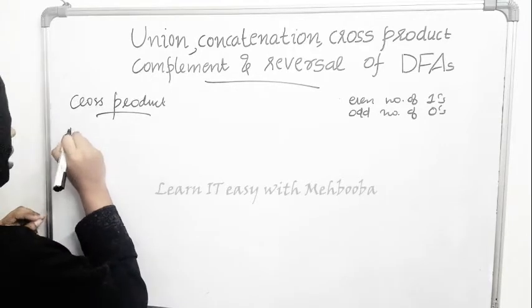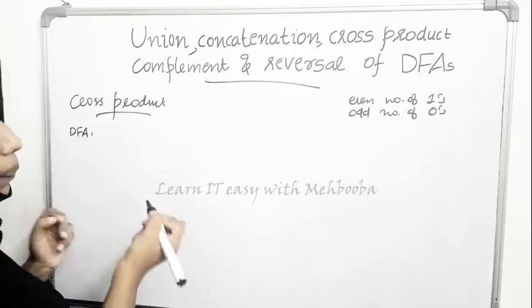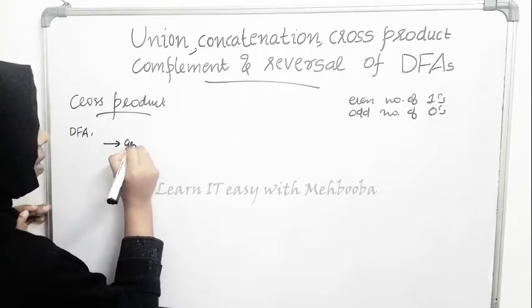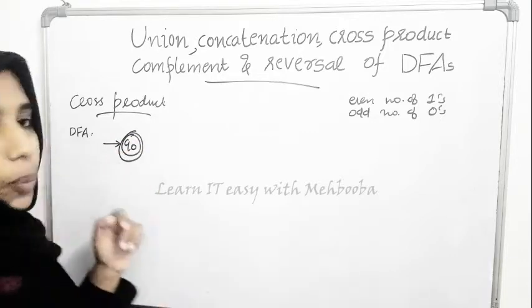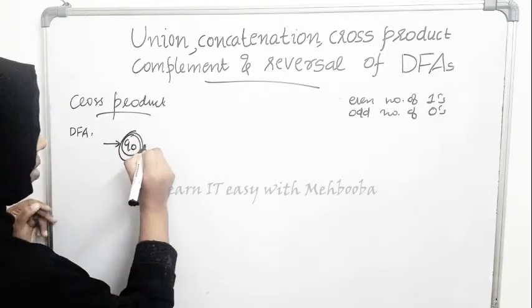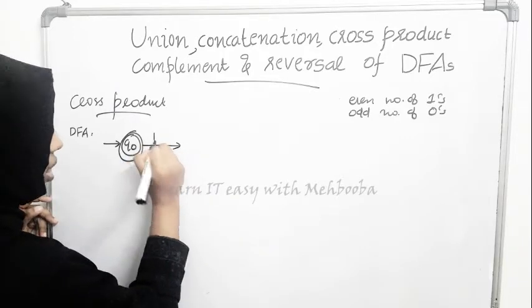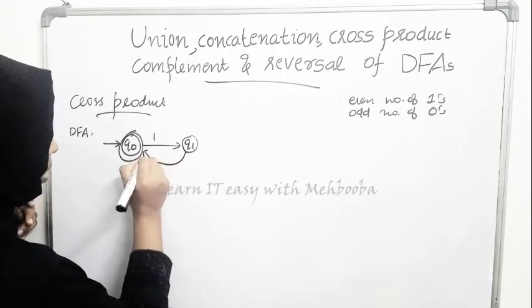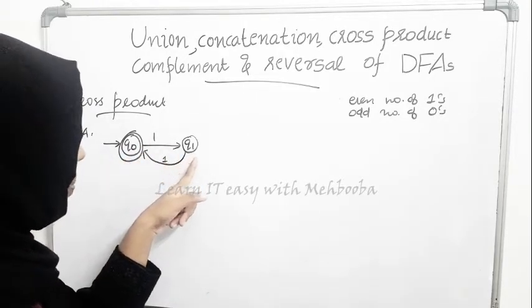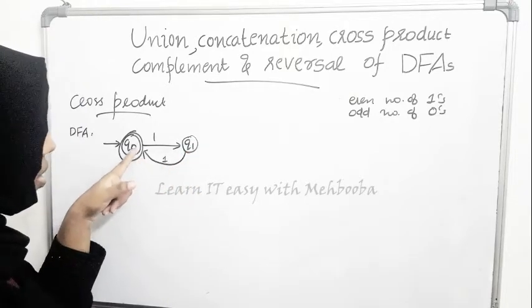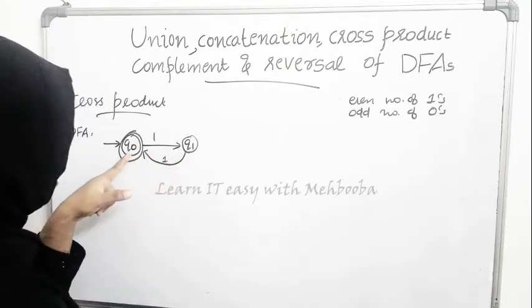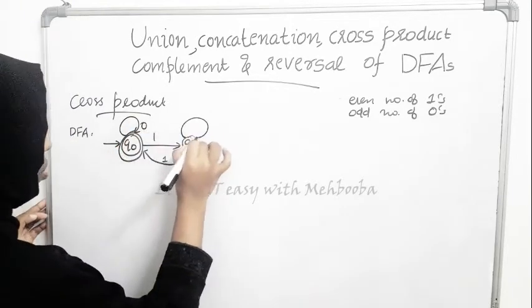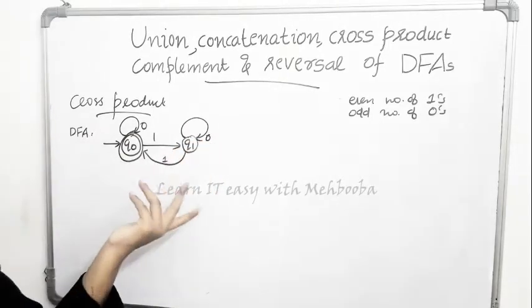So again we will start by drawing the DFA for even number of ones first. Zero ones will be accepted, because 0 is considered to be an even number. Now a single one cannot be accepted, because 1 is an odd number, but 2 ones can be accepted. 3 ones will be rejected. 4 ones can be accepted. 5 ones will be rejected. 6 ones will be accepted, like that. And we don't have any restrictions on the number of zeros here. You can have any number of zeros anywhere.